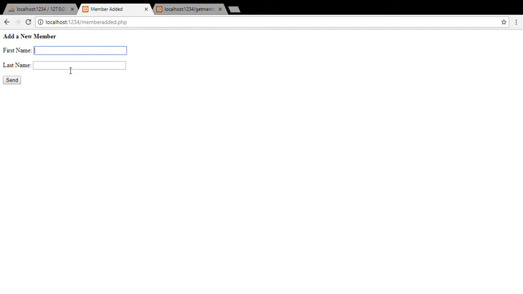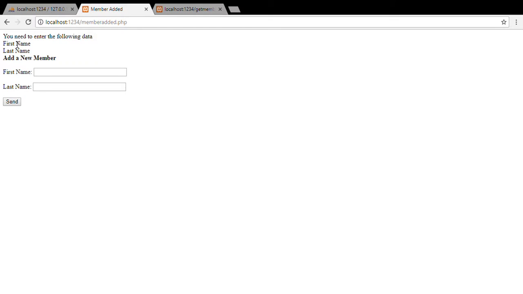I have these two entry points here on a form on an HTML page. And if I press send, but I don't put any data in it, then it displays this message: you need to enter the following data, first name and last name. This is just like on a form when you're trying to apply for something and you have to enter the information. So you can see here, I'm going to put in Brandon